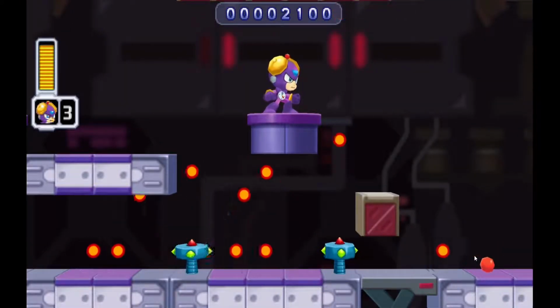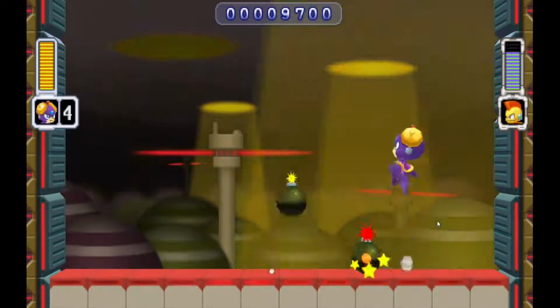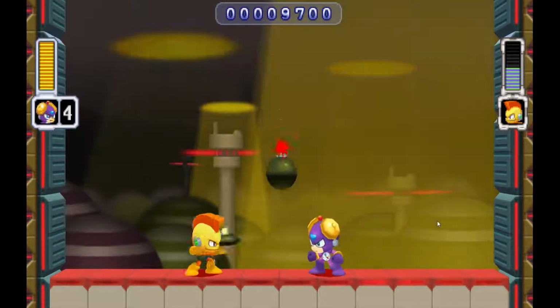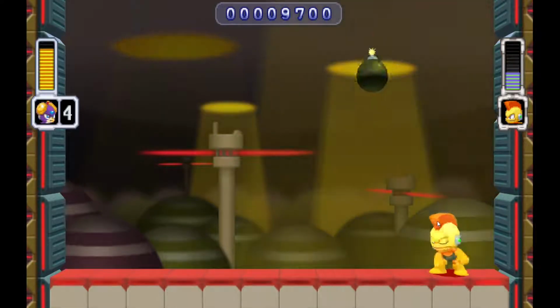Not quite like that. Dodging his bombs is simple enough. You're mostly at the mercy of his jumps. What you want to do is stay somewhat close to him, but not too close. You can dodge his bombs simply by jumping. Once you get him to...